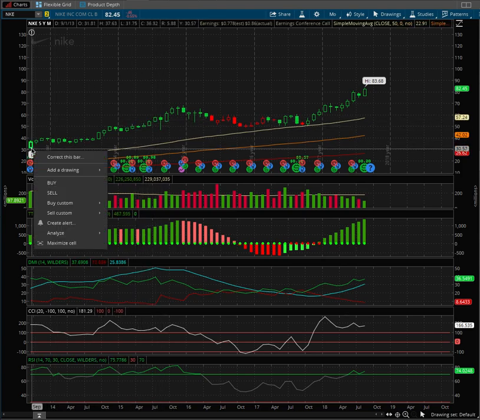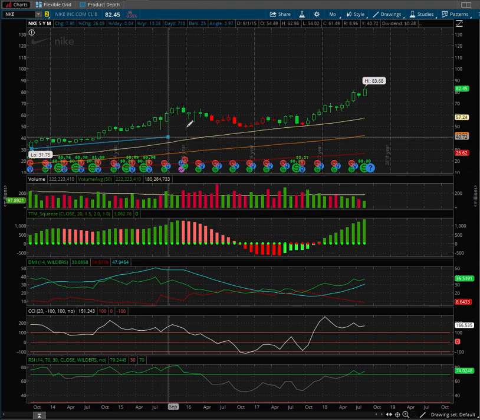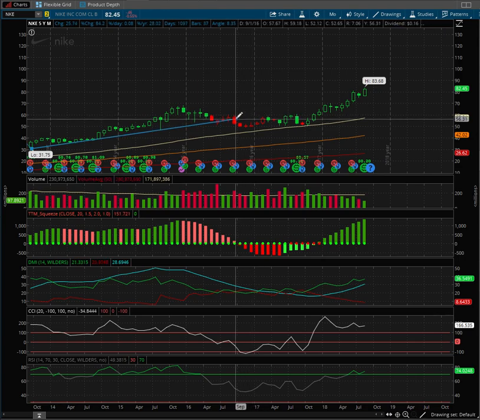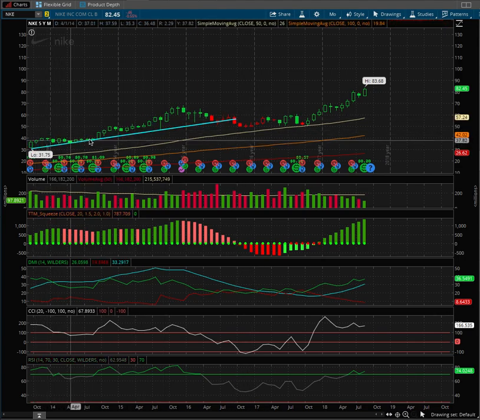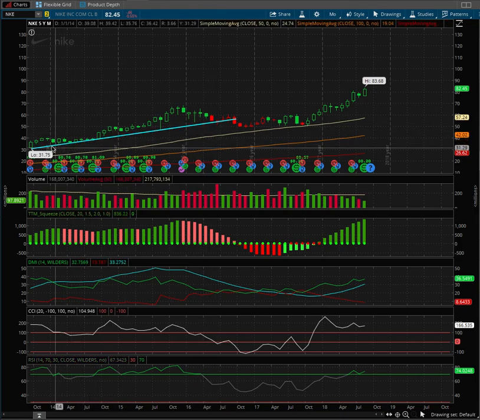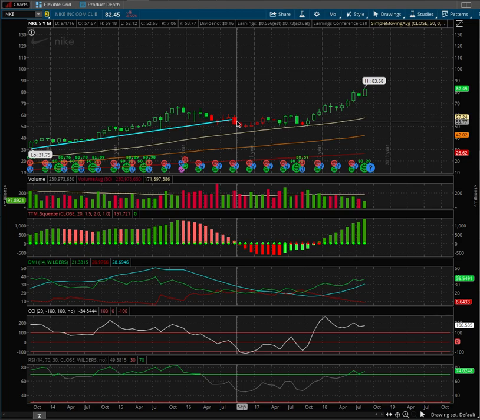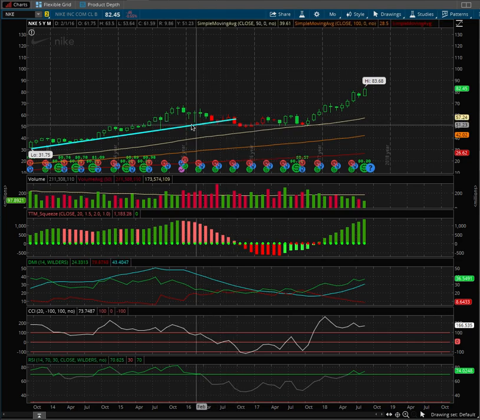Okay. And we could put a trend line right there, and we can see that it respects that trend line very nicely until it breaks it right here. Okay,